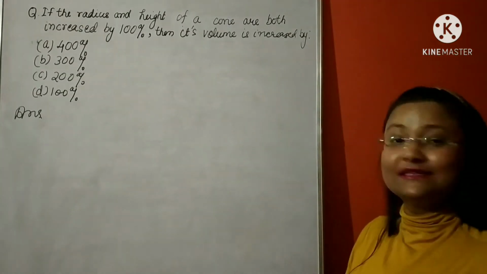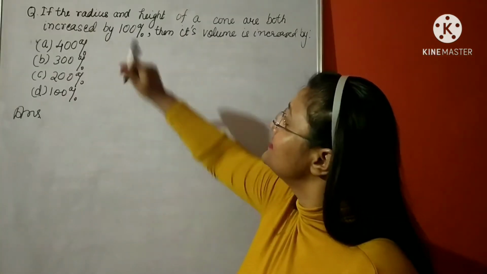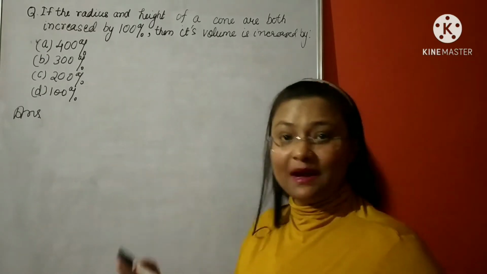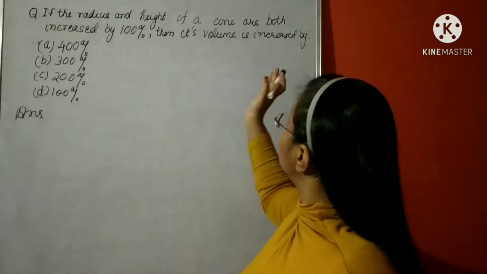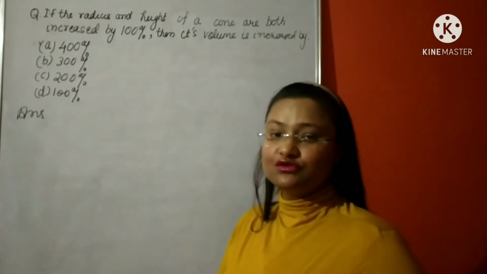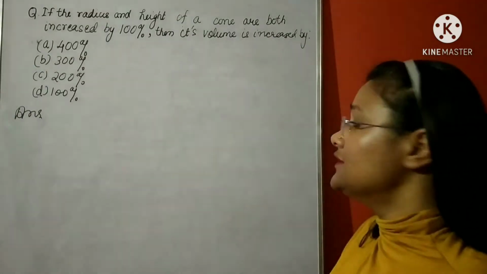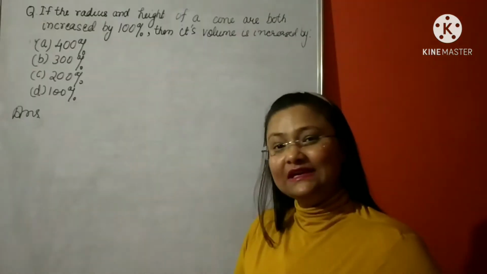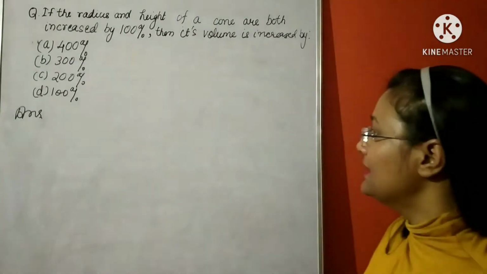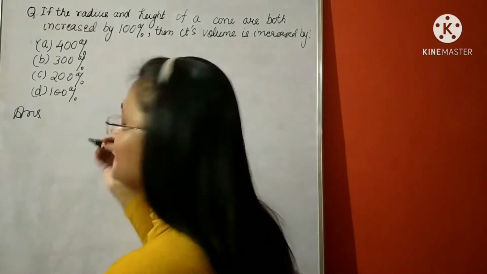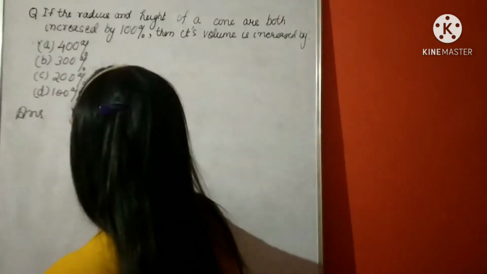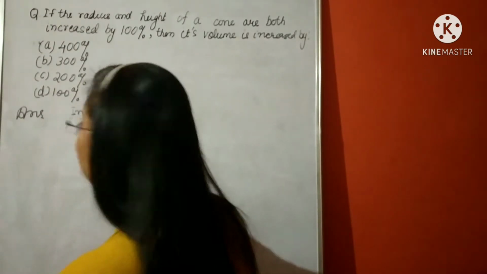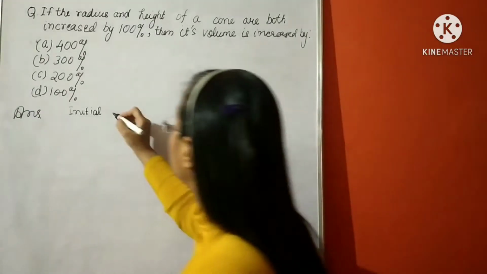So they are saying, given is, if the radius and height of a cone both are increased by 100%, then its volume is increased by, so we have to choose from these options. In these kinds of questions, we do not need to know any formula. We can do it simply using a simple logic, like let us suppose the initial volume without increase is